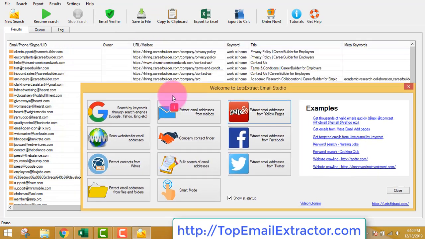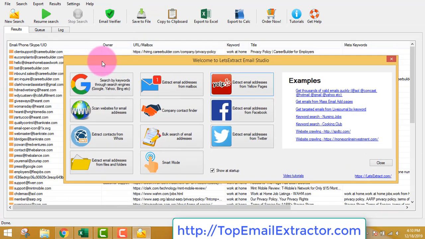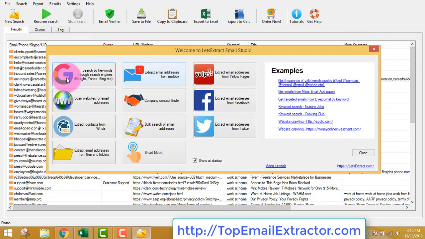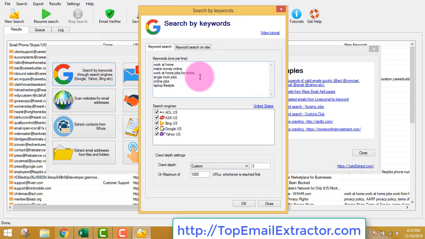I'll be making this video pretty quick so that I do not waste your time. First of all, you just have to click new search. Okay, I'll just show you. You have to click new search and just click on search by keywords. Okay, so there are some of the keywords which I have inserted. You can just edit, or you can add as many keywords as you want. Vacation, work. You can just add as many keywords as you want, but 5 to 10 will be